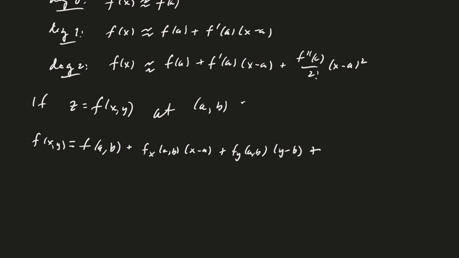So I've got the linear part of my function, f of x, y, which can be approximated by the constant term f of a, b plus f sub x at a, b times x minus a plus f sub y at a, b times y minus b. And then you could continue with the second order terms. You could say f sub xx at a, b times x minus a squared plus f sub xy at a, b times x minus a times y minus b plus, by the way, those are divided by 2, f sub yx